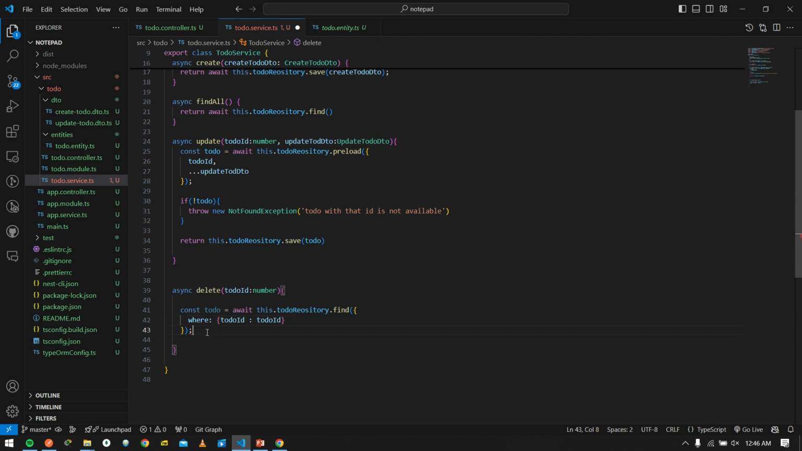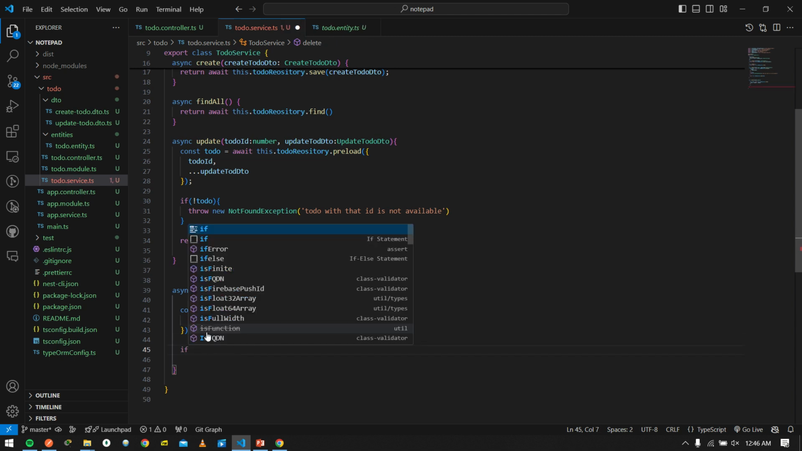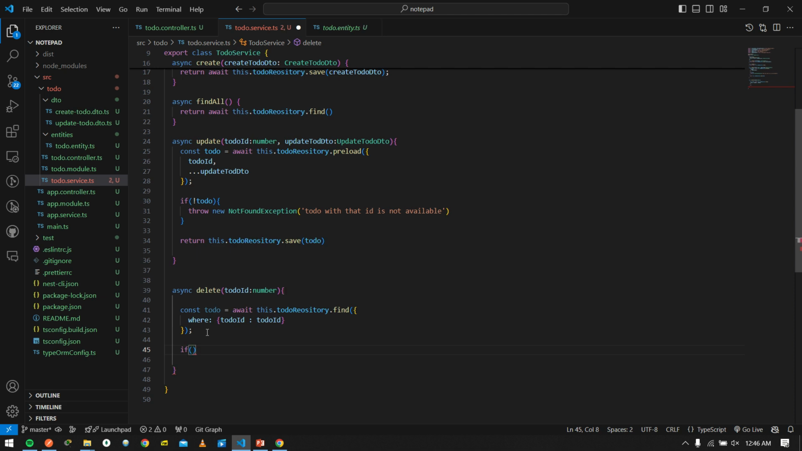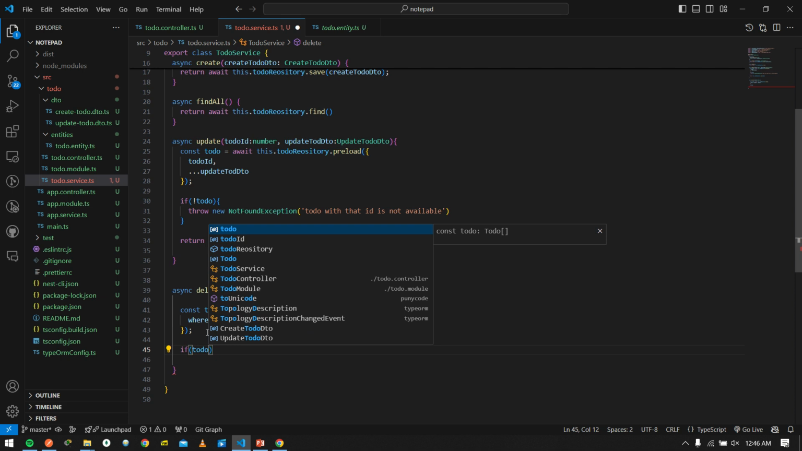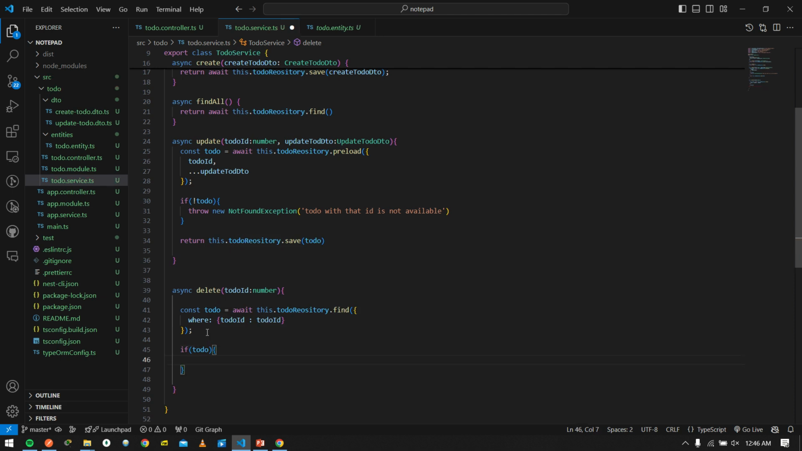So what we'll say here is that if we have the to do, this time around we'll approach it this way. If we have the to do, what should we do? If we have the to do, what we have to do is actually delete. So to delete, we simply return